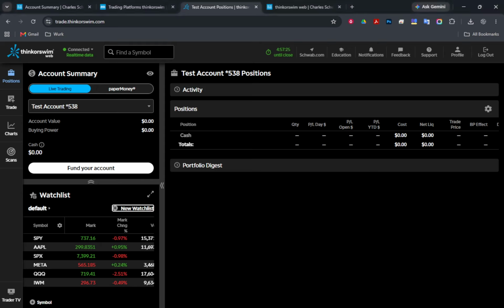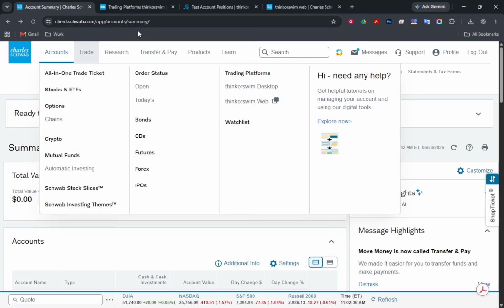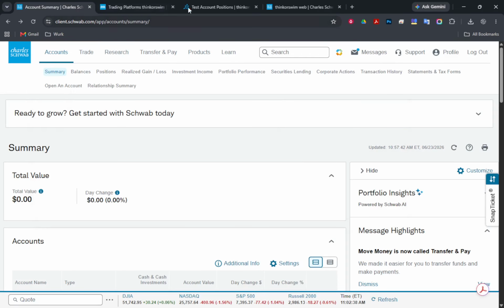Each of these steps is essential for gaining access to Thinkorswim, and following them carefully can save you time and hassle. Whether you choose the web, desktop, or mobile version, you'll find a wealth of trading tools at your fingertips.